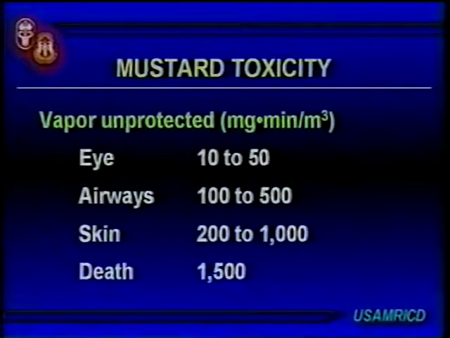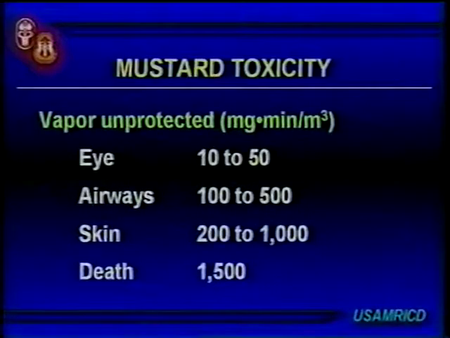Vapor, by and large, of a mustard or liquid, is an epithelial phenomenon. The number one sensitive area is the surface of the eye, the cornea, followed by the airways, the tracheal and bronchial epithelium, and the skin. But if you look at the starting points, they're not that far apart, okay? But your eye is the most sensitive, followed by the airways, and then the skin. Down here is what it takes to kill you.